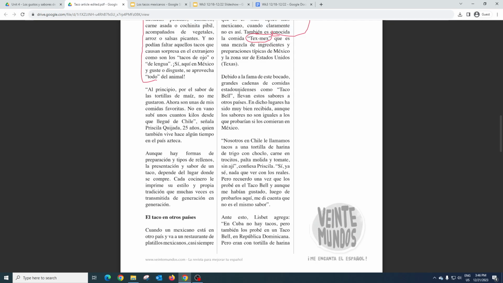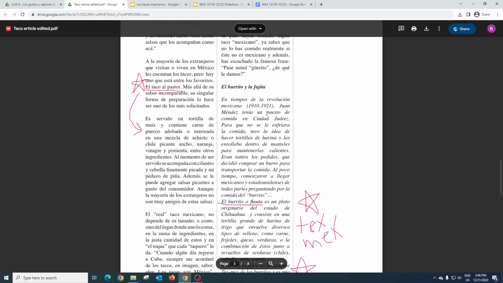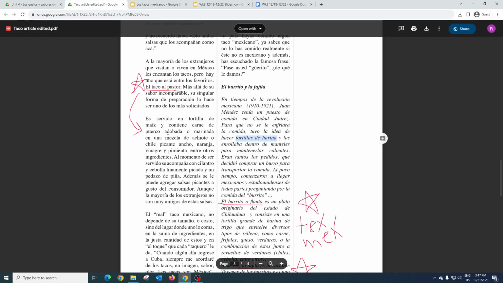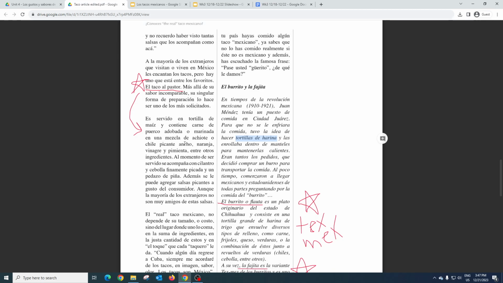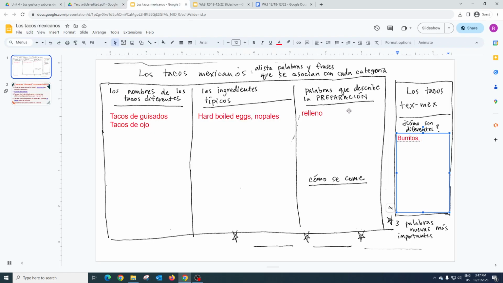Taco Bell, un dicho lugares. Yeah, I think really here's the best part. So, durante la Revolución Mexicana, Juan Méndez tenía un puesto de comida en Ciudad Juárez. Tuve la idea de hacer tortillas de harina, porque no son comunes en Latinoamérica nada. Tortillas de maíz o tortillas de elote son más comunes. Las enrollaba dentro de manteles para mantenerlas calientes. Enrollaba,